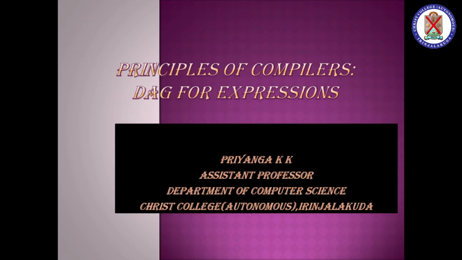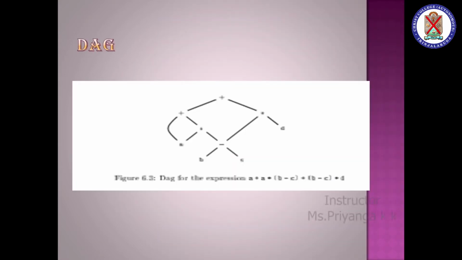The first intermediate code representation that we are going to discuss is the DAG. You have already studied DAG in data structures, that is a directed acyclic graph. So by default it is a graph. What is the difference between a graph and a tree? A graph can contain cycles and a tree doesn't. Look at this expression. Have you studied any other method of representing this expression other than a DAG? Yes, that is called a syntax tree or parse tree.